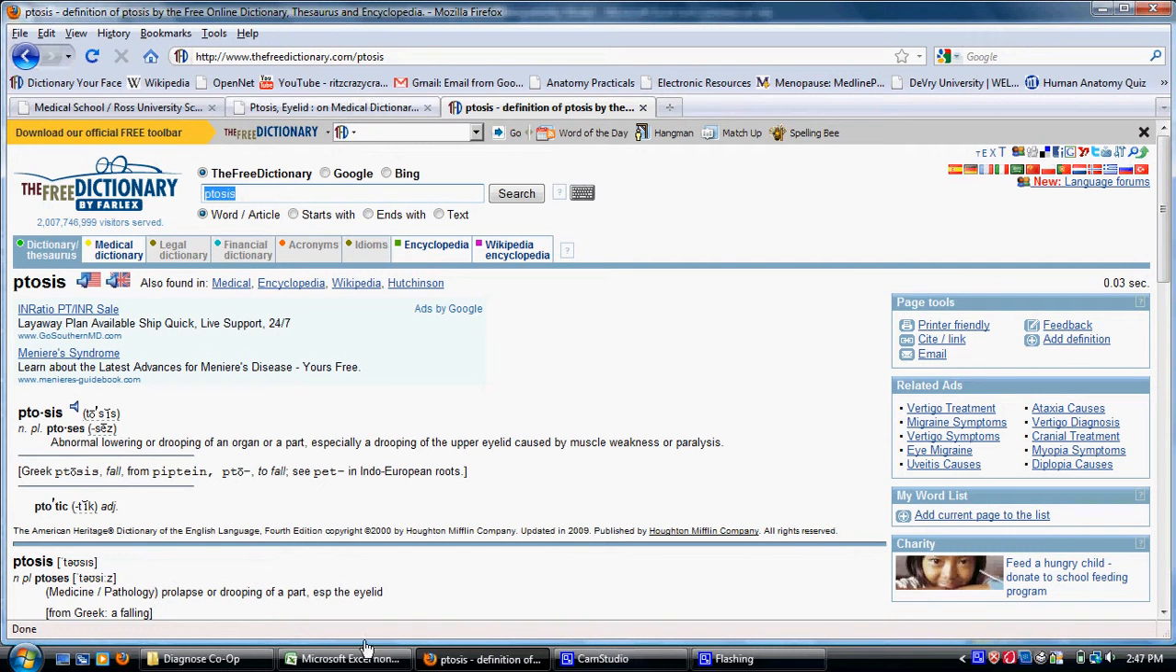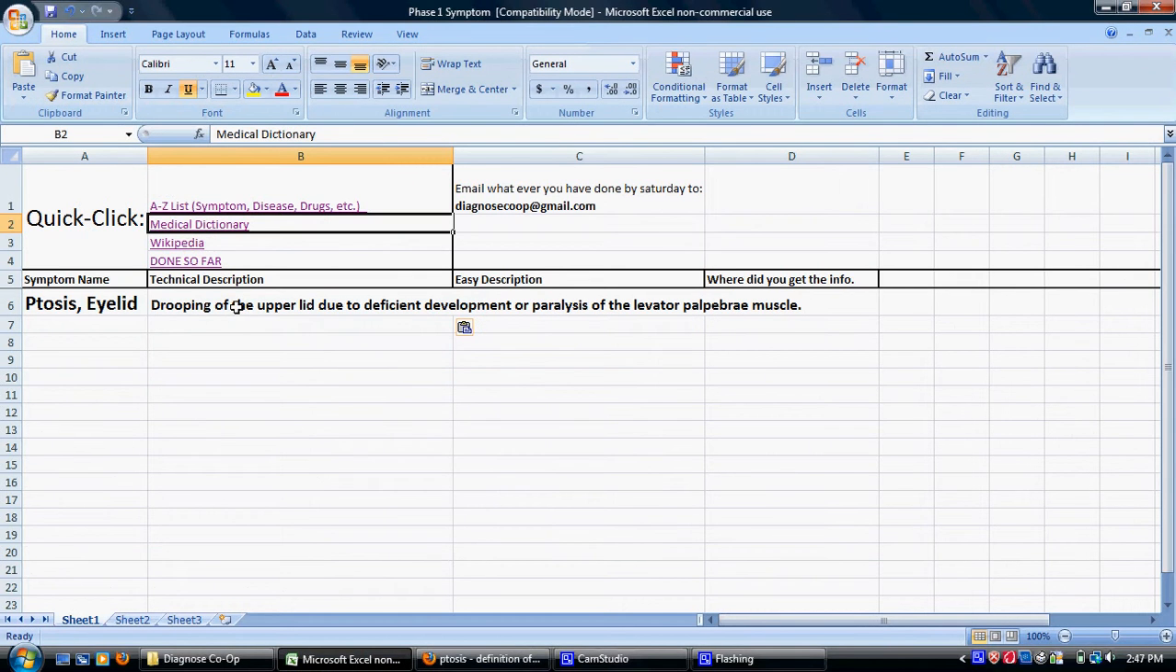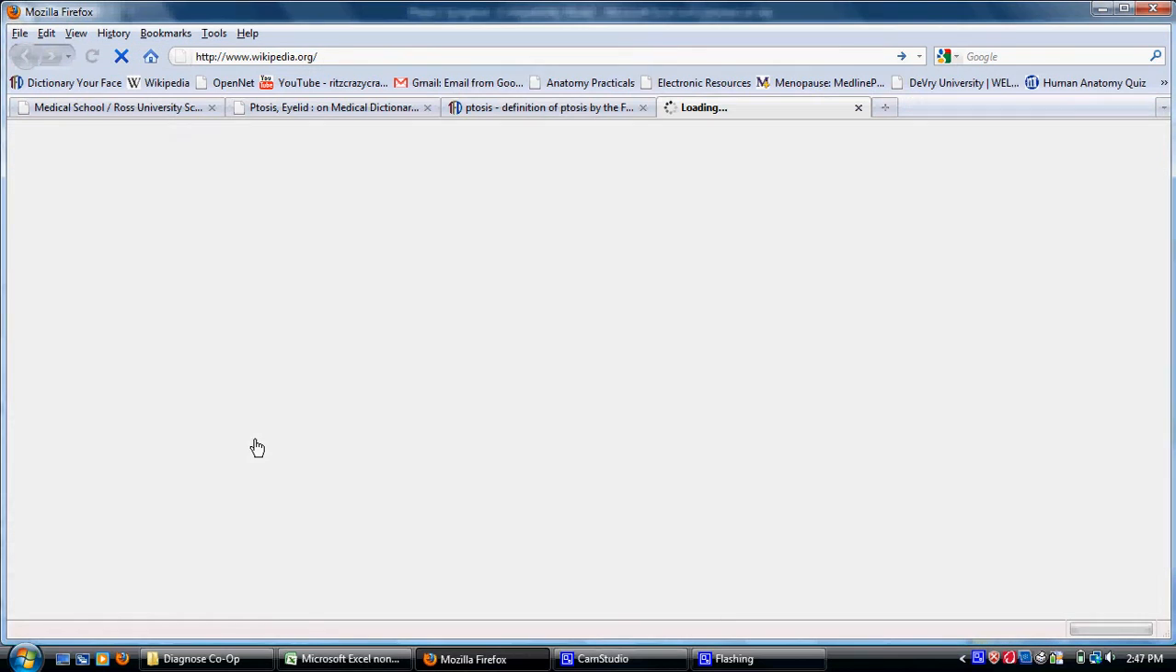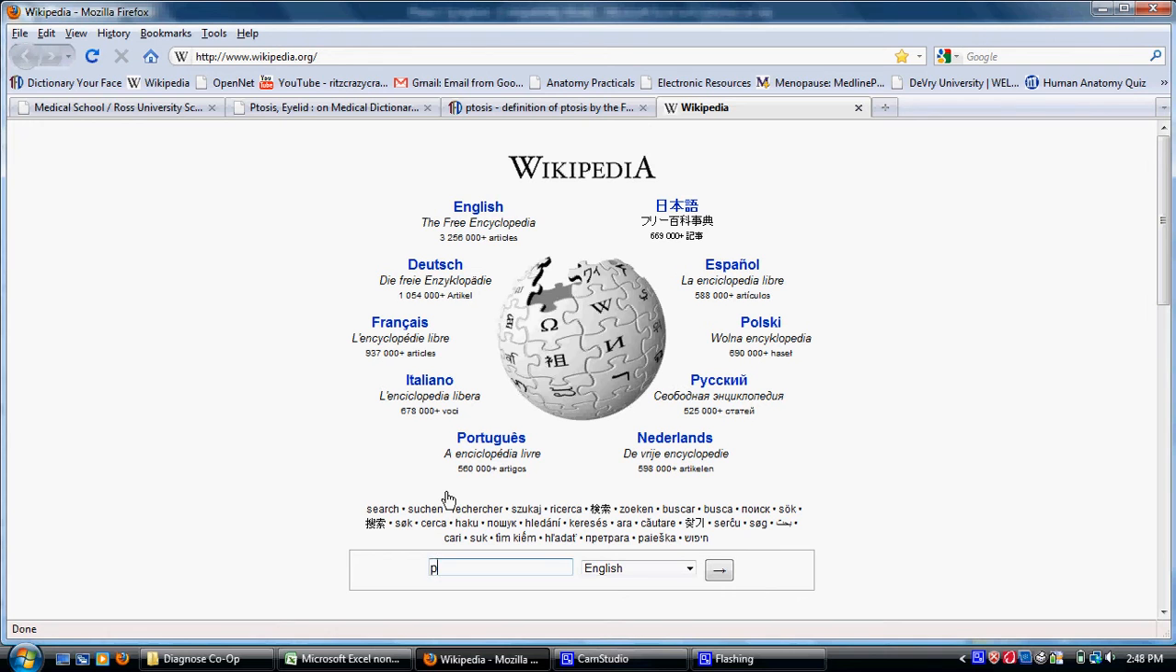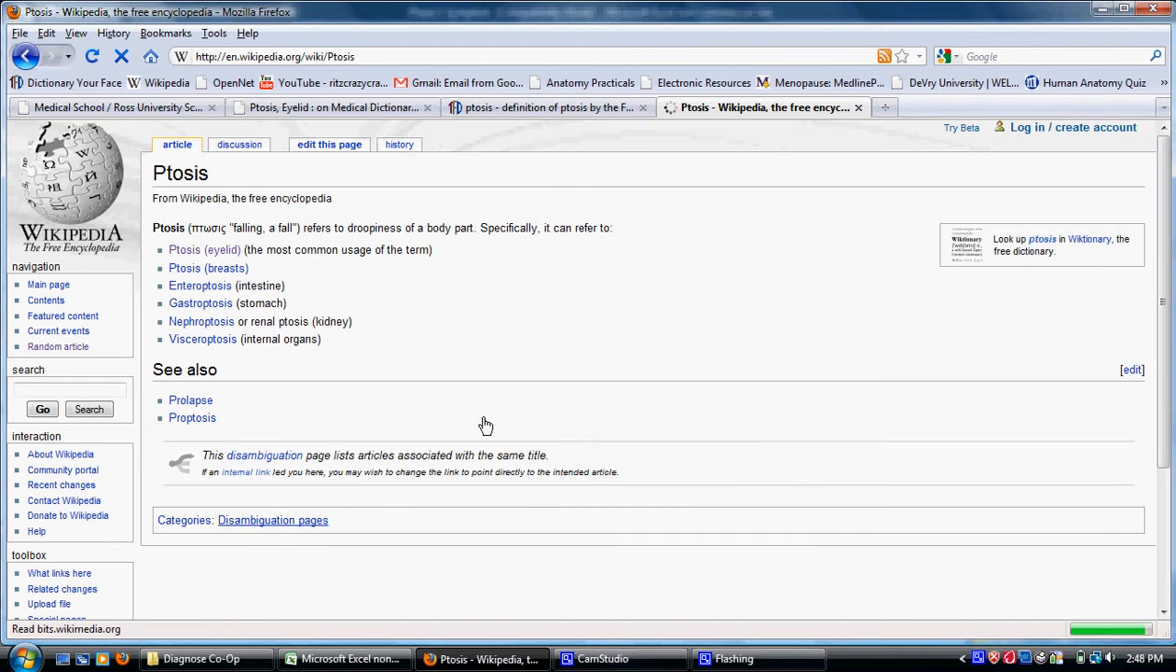If that doesn't suffice and you still don't know what it's talking about, you could go to Wikipedia. The encyclopedia is great, and you can run over to it real quick right here. You type whatever you want into the search engine and it's going to pull it up. This one's like, oh yeah, ptosis of the eyelid, that's what I'm looking at. So you click on that and it pulls it up,